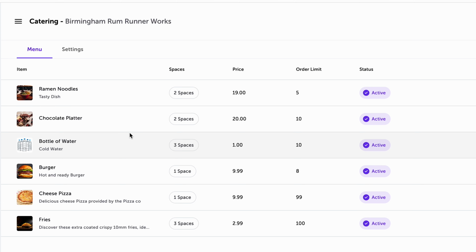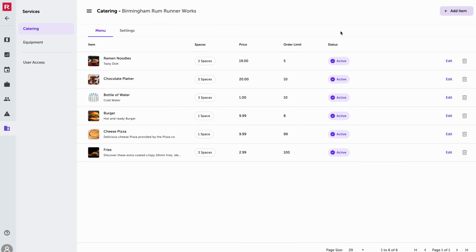In this section, we can see all of the items that we have available for our catering menu, including the food that I added into our request earlier. We can see the price of the items, the order limit for those items, and the status, whether it says active or inactive. And then we also have this tab called Spaces, and I'll talk about that in just a moment. To add a new item into this menu, we click on the button in the top right hand corner,